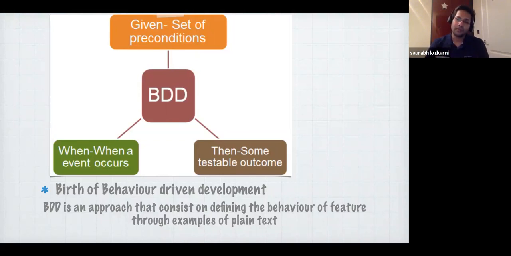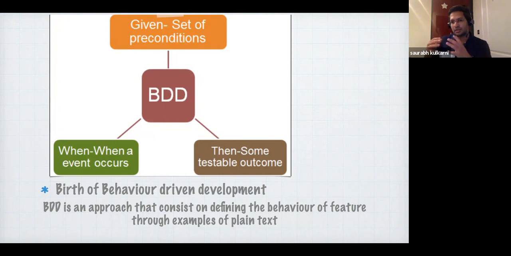Now, the developer is doing this looking at the requirements. But if you have to discuss this along with the other stakeholders of the team, suppose a business analyst or a product owner, it's highly difficult to discuss this because it's at a very low level, the programming level. You have written the test and you are trying to cover that.